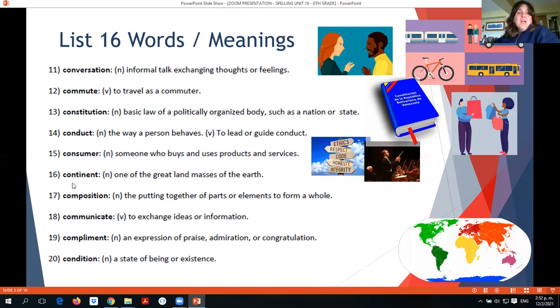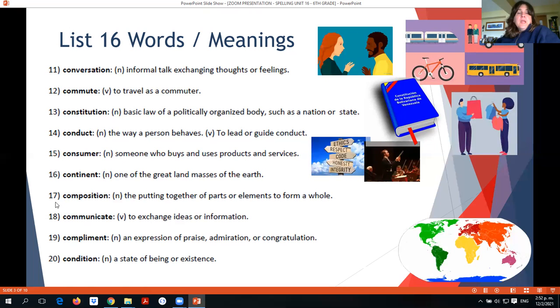Number 16, continent, prefix con, is one of the great land masses of the earth. We have, in this case, 7: North America, South America, Antarctica, Africa, Europe, Asia, and Australia, okay? So,